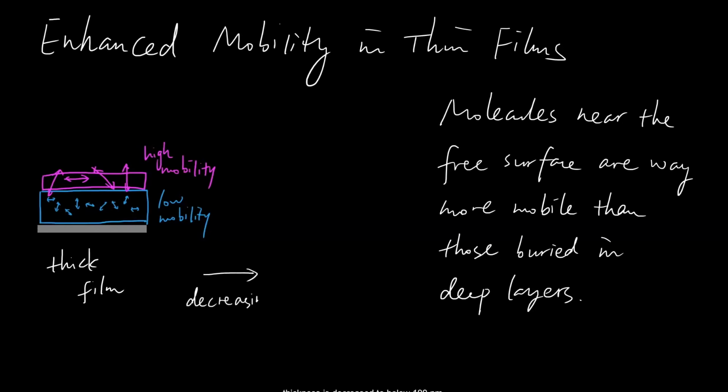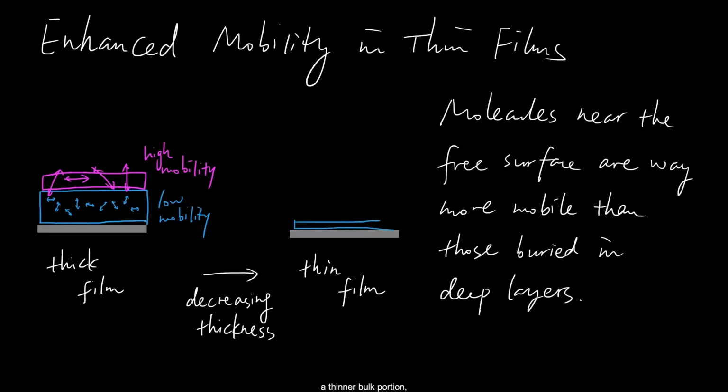As film thickness is decreased to below 100 nanometers, or what we describe as thin films, we have a thinner bulk portion, whereas the near-surface portion becomes more dominant in the film. Obviously, if the overall dynamics of the film is enhanced, we would expect to see some changes in the behavior